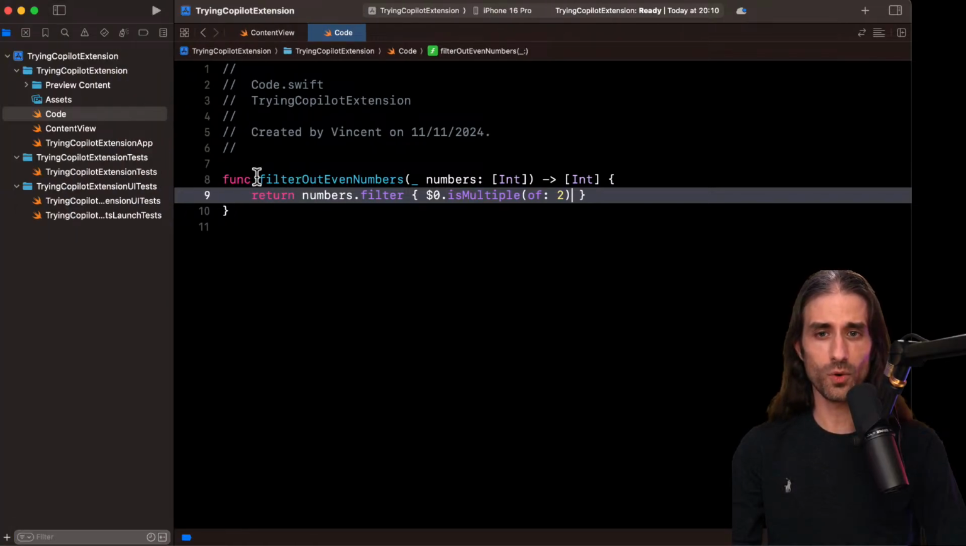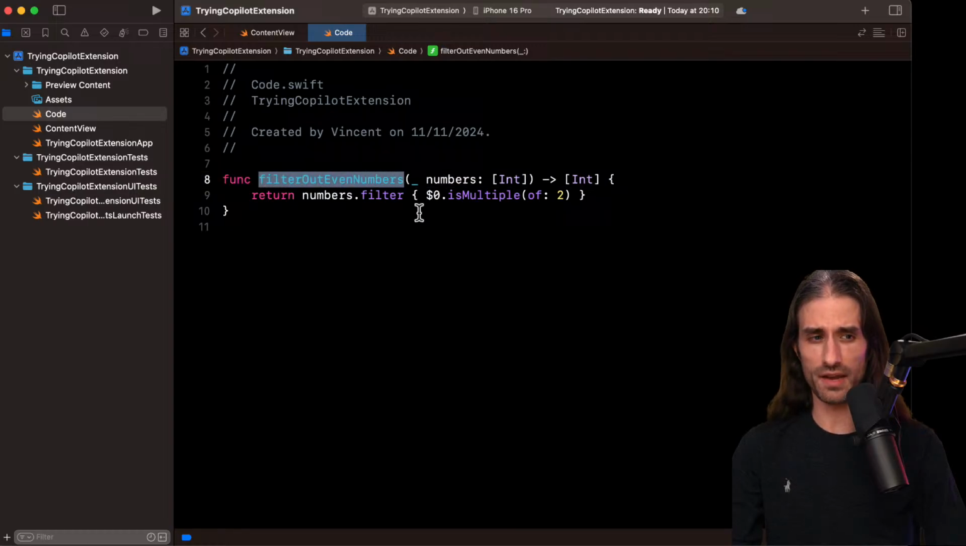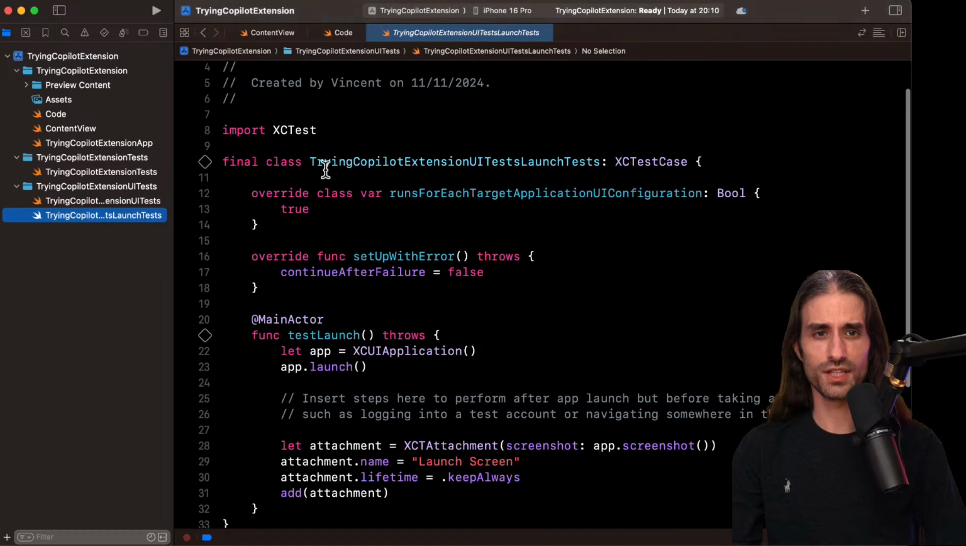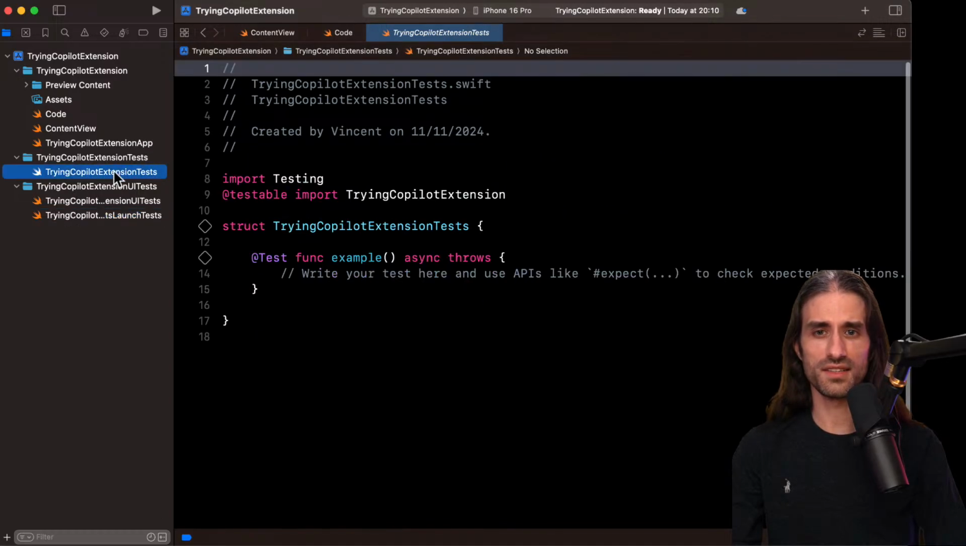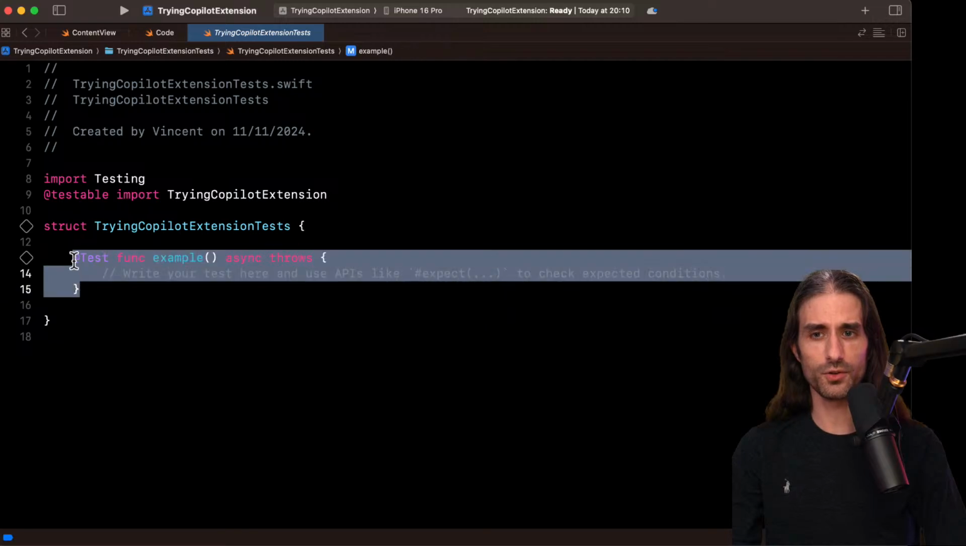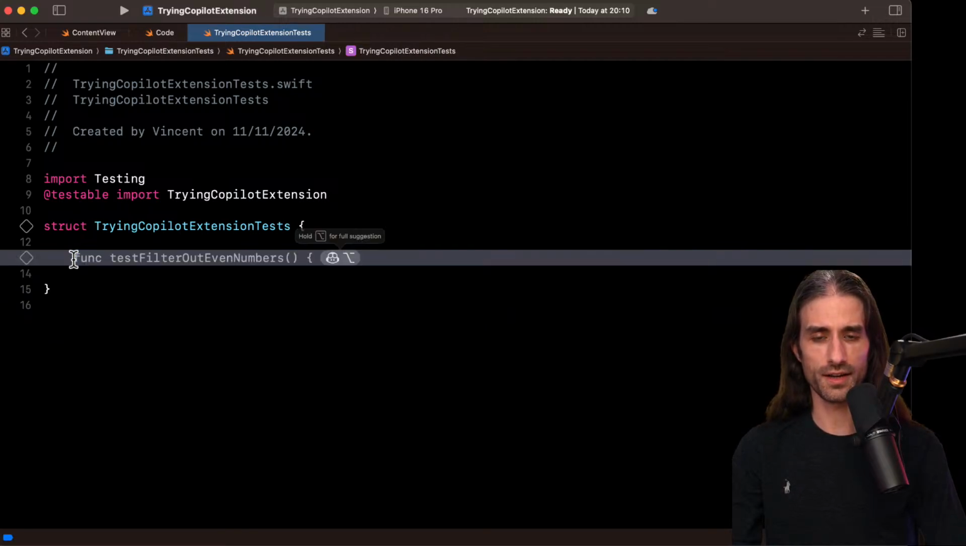So let's try to write a test for this function, which I think has a bug, and let's see if the test catches it. So here I'm using, oh, it's using XCTest. No, I want to use Swift Testing. I want to try and see if it can write something for the more modern framework. So it suggests writing a test